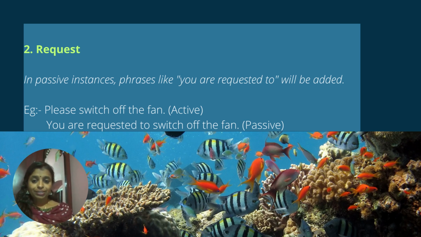It is in the active voice. And while transforming this sentence into passive, you should prefix "you are requested to" before the active sentence, and your sentence will be "you are requested to switch off the fan." Okay,